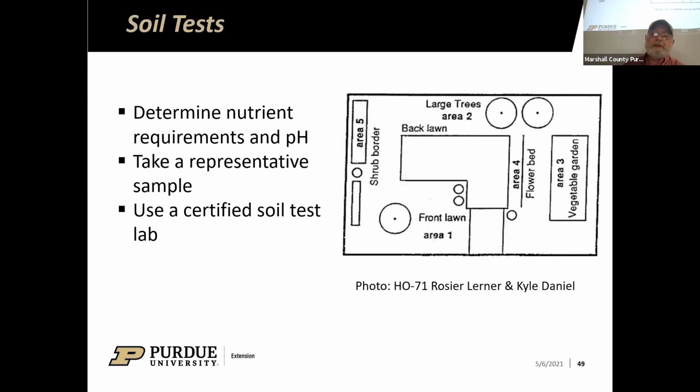So that's important. We need to determine the nutrient requirements and pH of the plants that we are growing, and that's why I would recommend that we plant plants that have the same requirements together in beds versus doing it in more of a spotty arrangement. If you want to do it in a spotty arrangement, you just need to realize you need to manage each site for that plant's preference in pH